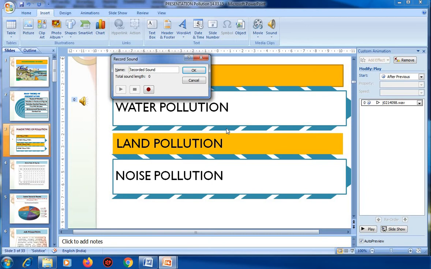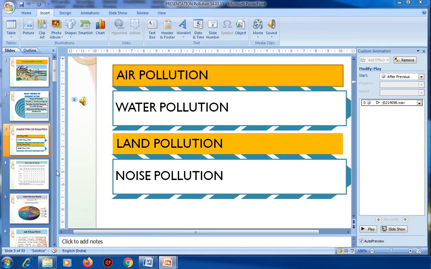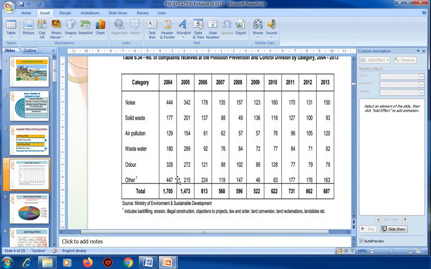Okay, so how to add small animations like a movie clip, a small clip? The same steps will be followed.